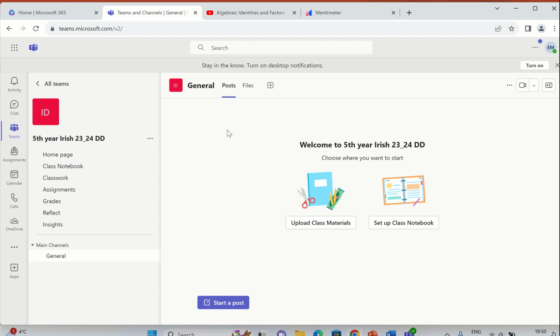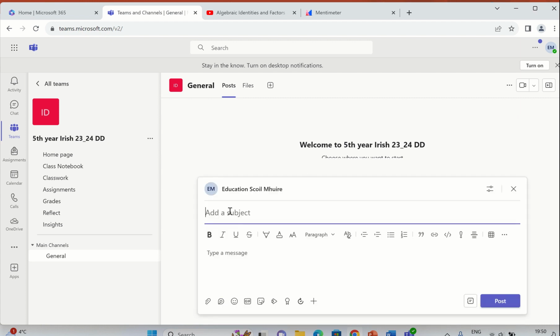So the first area you'll notice here is what's known as the posts page within your team. This is very similar to the chat function that we looked at just about 2 or 3 minutes ago. The chat function was a one-to-one messaging service with maybe one-to-one to a student or to a staff member. Whereas this post section is a messaging board which goes out to your 30 students within your 5th year Irish maths class. So I'm just going to send a message here to everyone in the team, and I'm going to just put a heading on it, and I'm going to say homework, and I'm going to say please complete